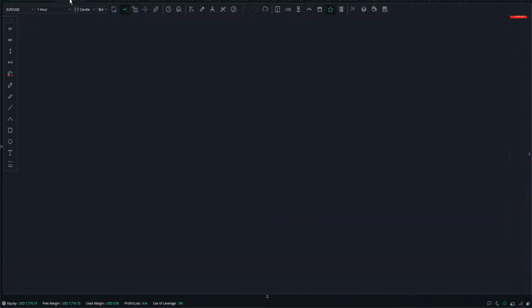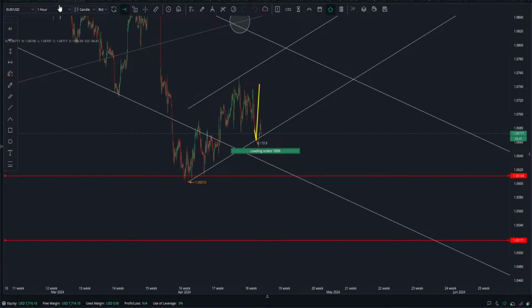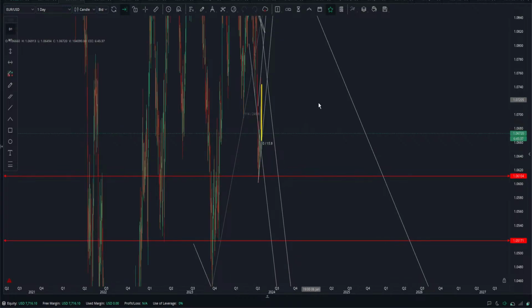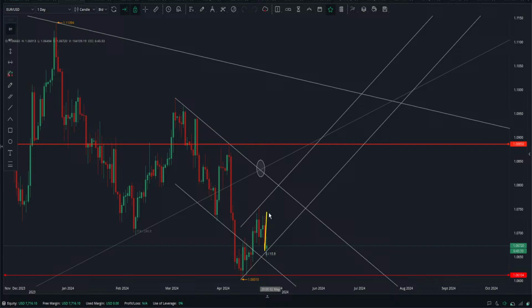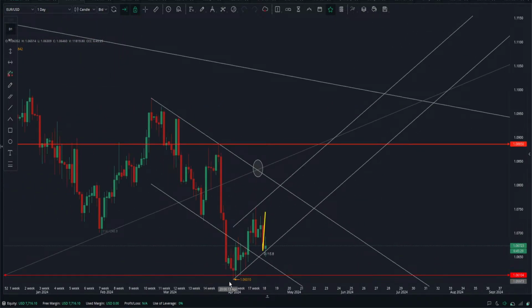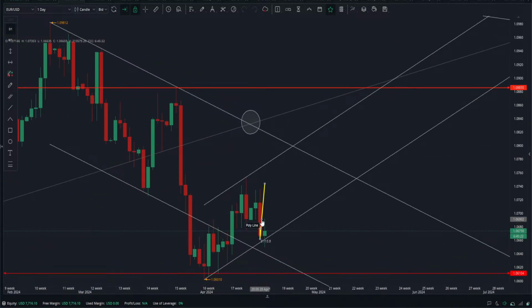What is next is euro. I think euro is also in an uptrend. Let me check the daily chart. This is the 1 hour. All right, here comes the daily chart of the euro USD. The price here looks like it is making higher highs and higher lows, but yesterday it made a lower low than this low, I think. So if we remove this, we see that the price made a lower low yesterday, and now it is finding